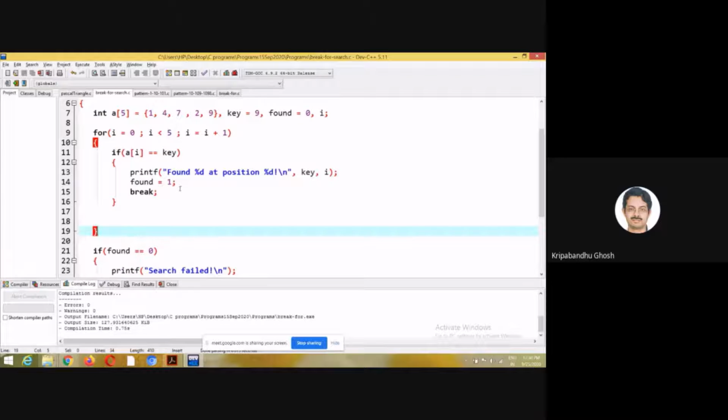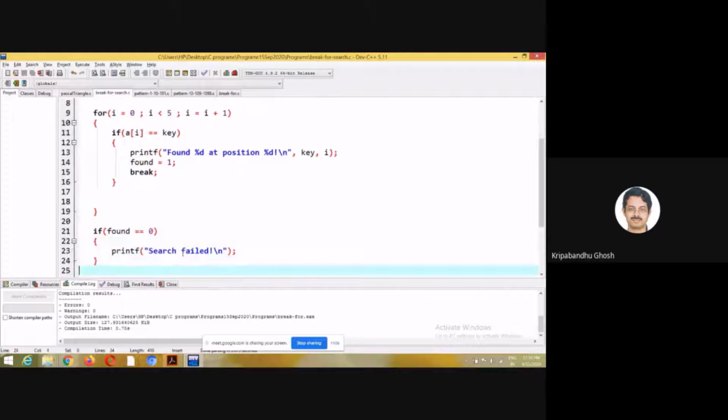That's why this particular code terminates the loop, because the purpose of this loop is served. I'm looking for something and I found it. End of the story. So this is not due to the normal termination of the loop, this is by the application of break.